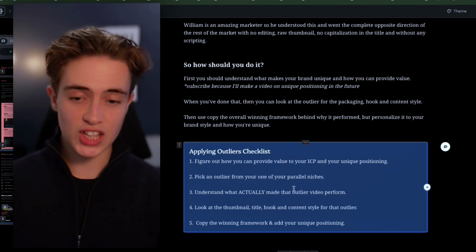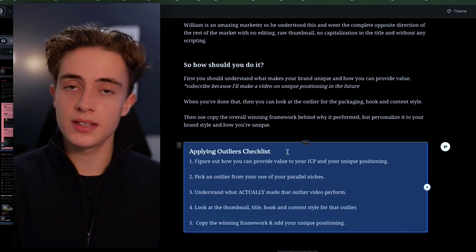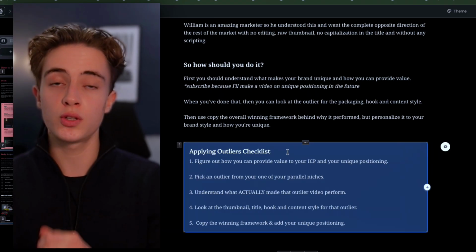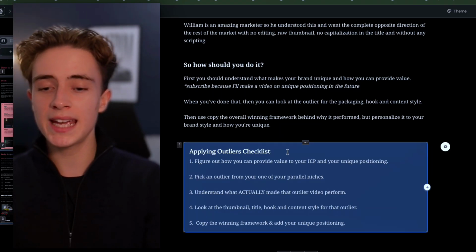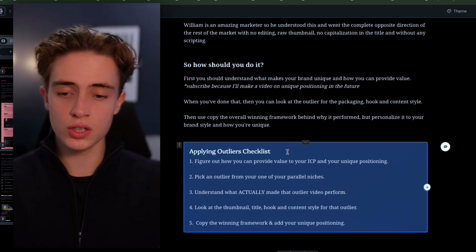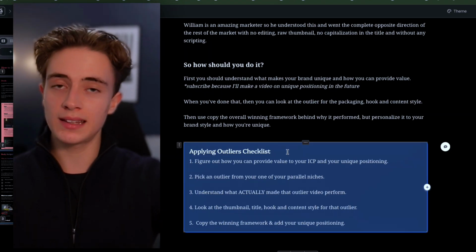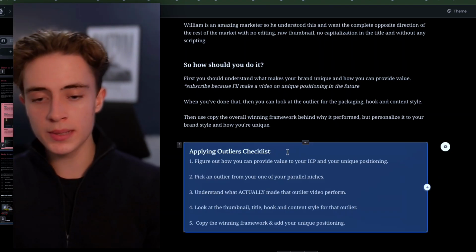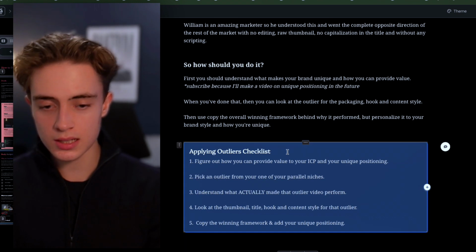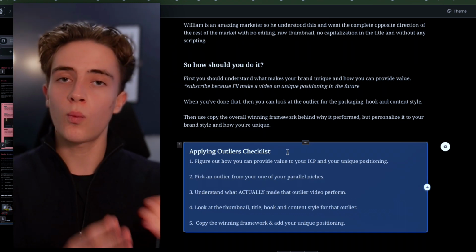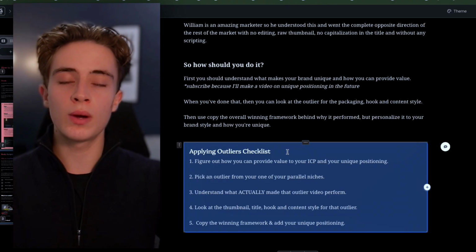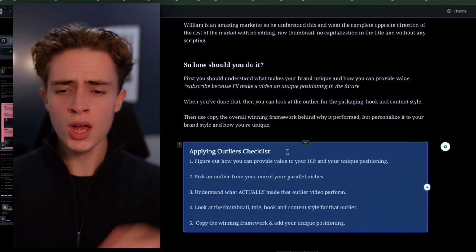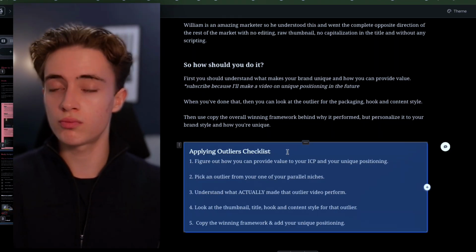So here's a quick checklist you can use when you apply these outliers. First, figure out how you can provide value to your audience and your unique positioning. Then pick an outlier from one of your parallel niches. Then understand what actually made that outlier video perform instead of just straight copying the title. Then look at the thumbnail, the title, the hook, and the content style for that outlier. Understand why it actually worked, then copy the winning frameworks from that outlier and add your unique positioning. So that's exactly how you can do YouTube research the right way, how I do it